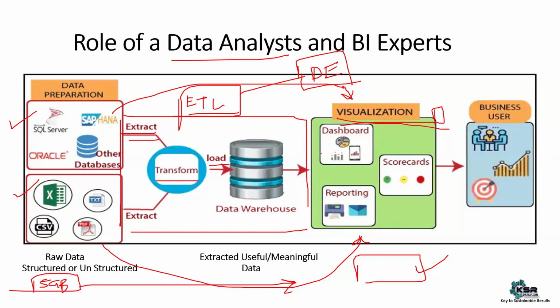But as a data analyst, you should always go back and check which data is useful for us. Only extract that data, not everything. Assuming it's a 5 GB data set, not all 5 GB is required for the reporting. Maybe only 1.5 GB or 2 GB is required, which is useful for us. So as a data analyst, we know that only 1.5 or 2 GB of data is important for us. So you can extract only that 1 or 2 GB of data.